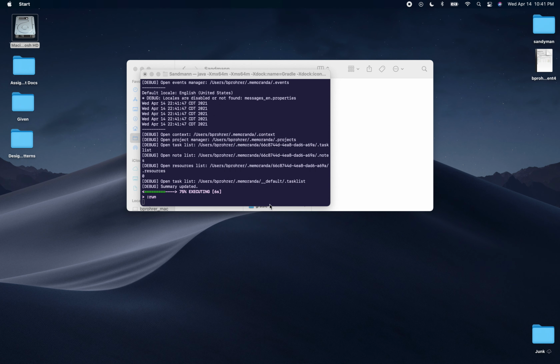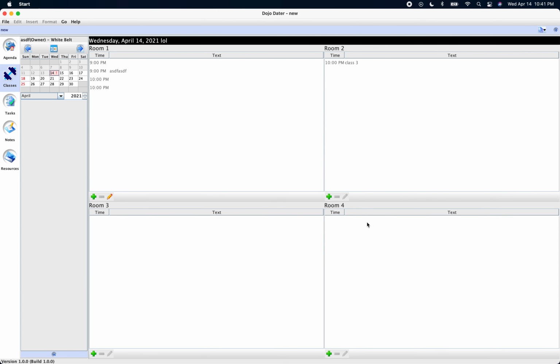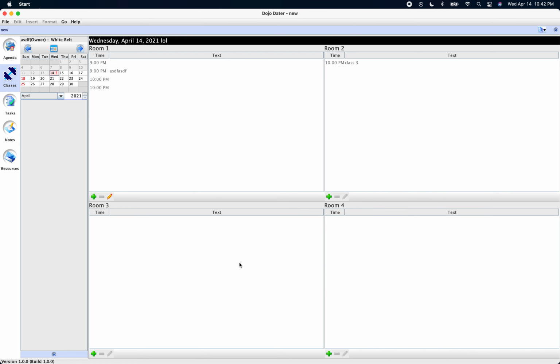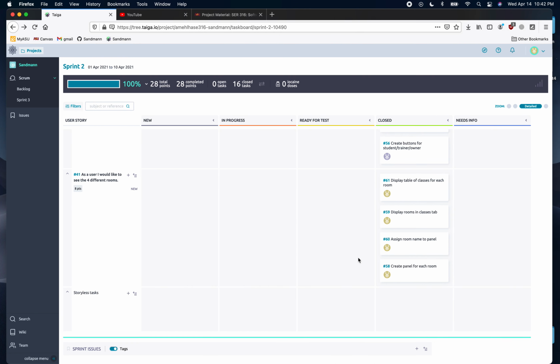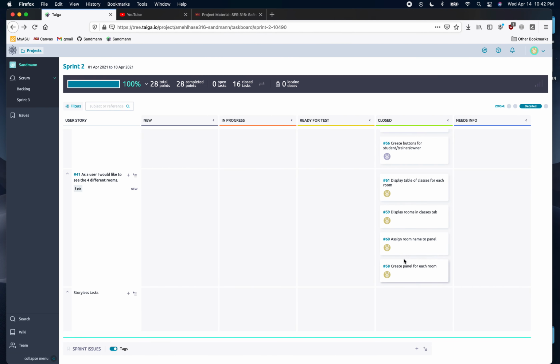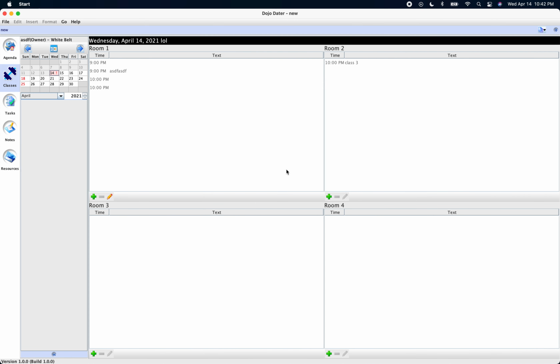Let's be an owner. So that's everything in this classes tab. I set up a different panel for each room. I created functionality like a different toolbar for each room, so that depending on which room you choose, you can add a class to that room. And then names for each one, obviously. Yeah, and that's pretty much it for our